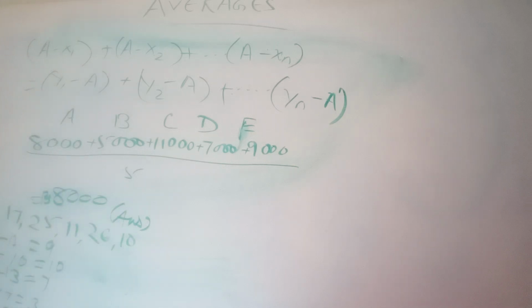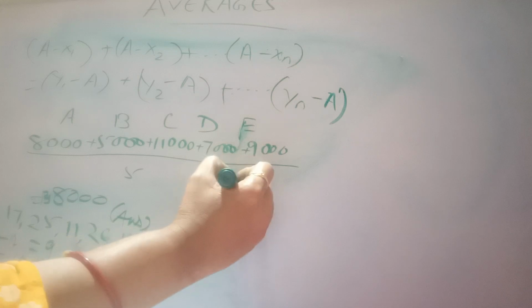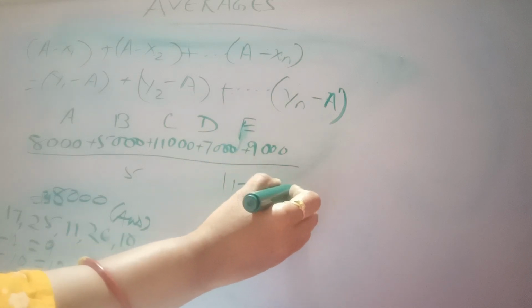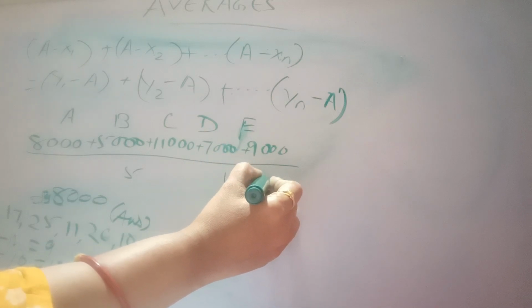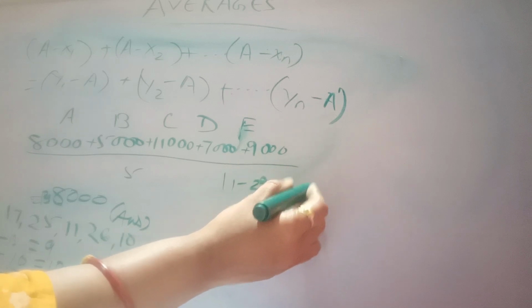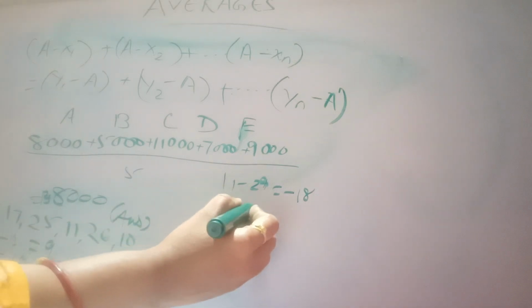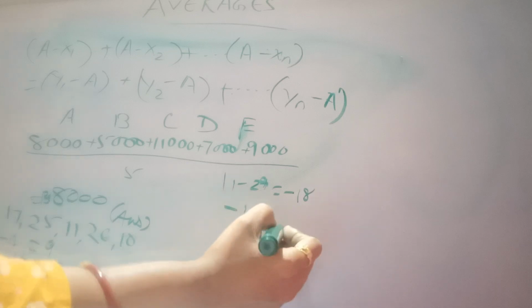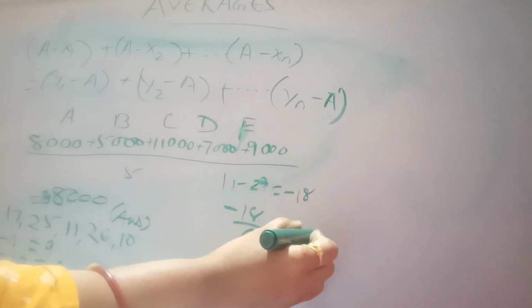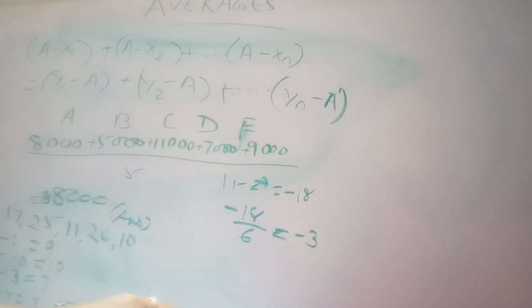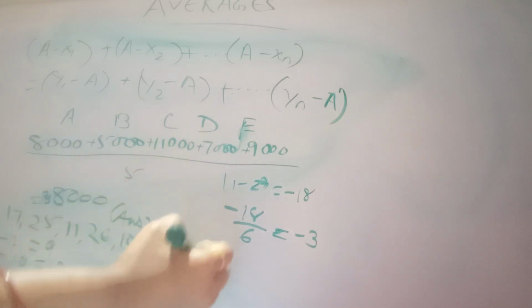Okay, so the net difference between surplus and deficit is 11 minus 29 equals minus 18. Therefore, the average variation will be minus 18 divided by 6 equals minus 3. Minus 3 will be the average variation. So the actual average will be